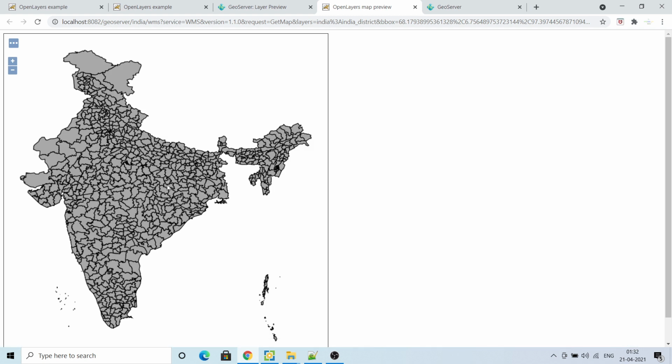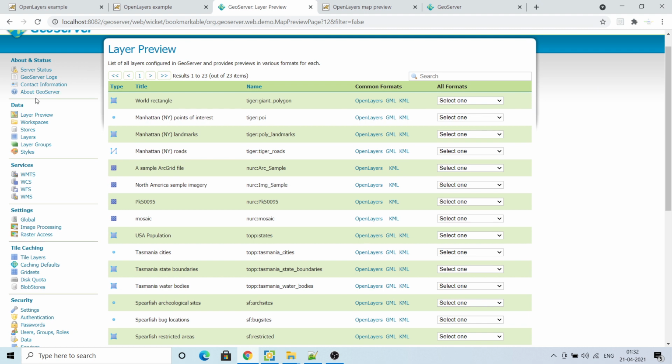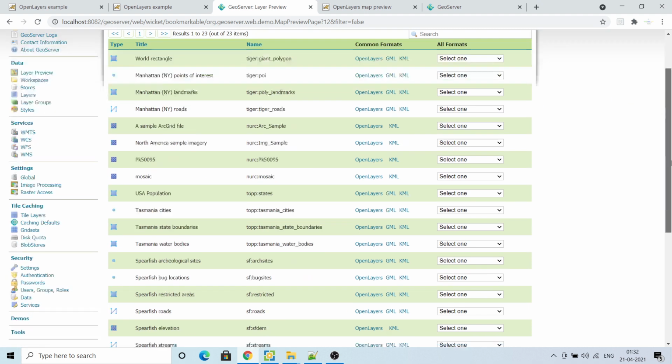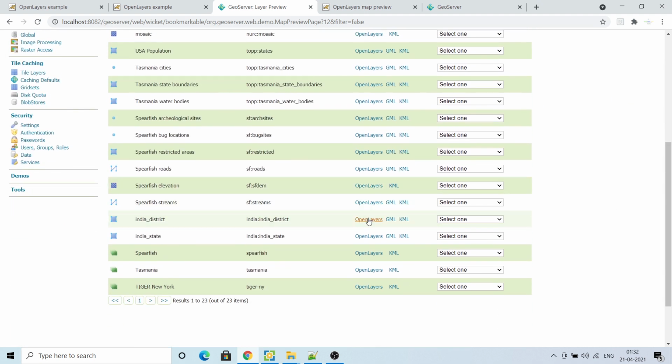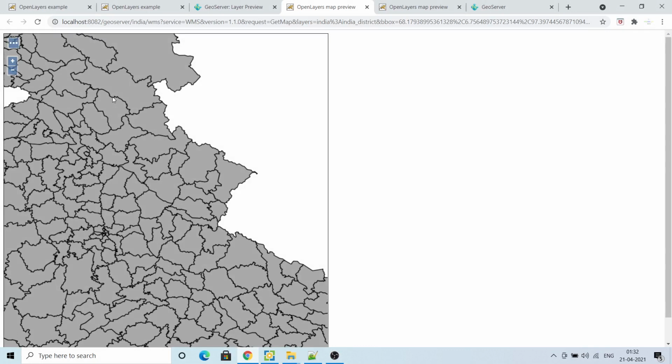Now I'm going to show you two kinds of services, WMS and WFS. This is basically WMS. If you go to the layer preview tab and click on any layer, like OpenLayers, this is showing you the WMS. Basically it is serving the tiles, tile by tile, PNG or JPEG images of the features; the actual feature is not coming.